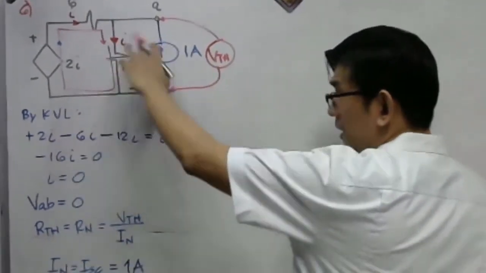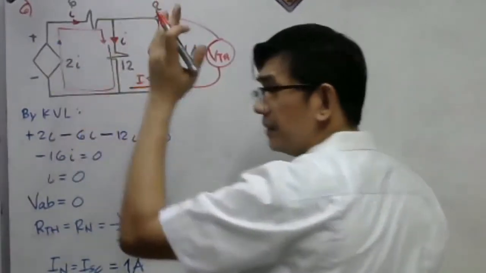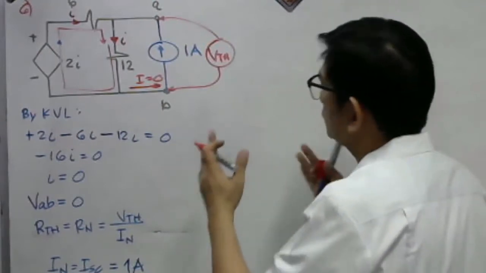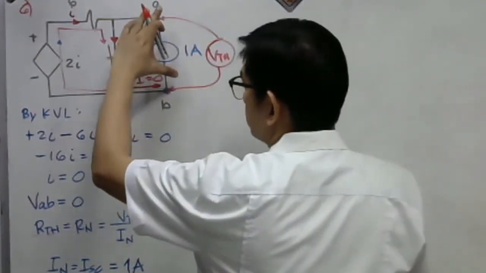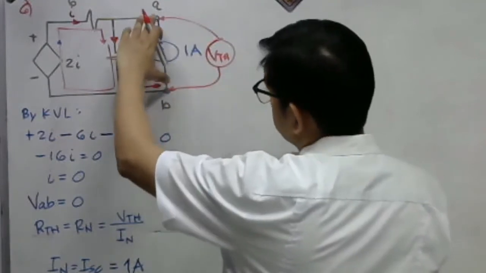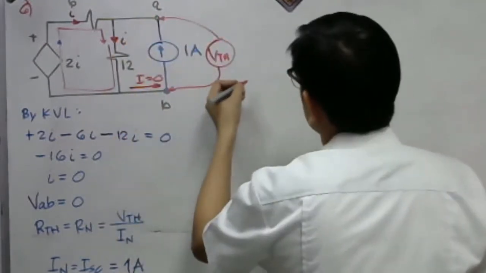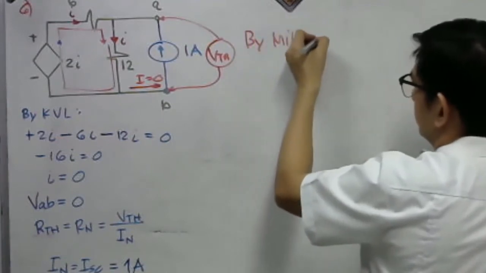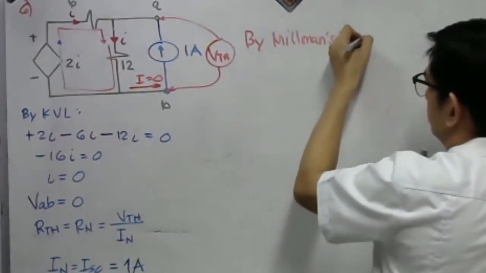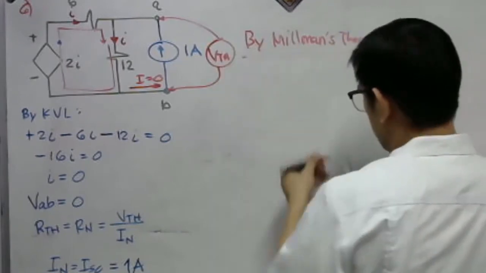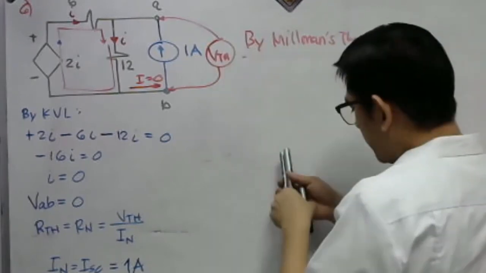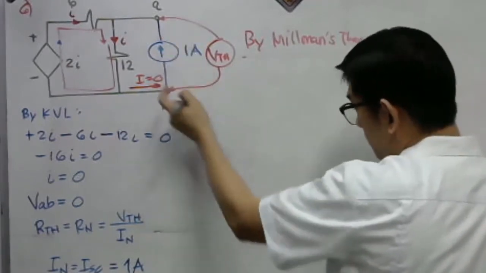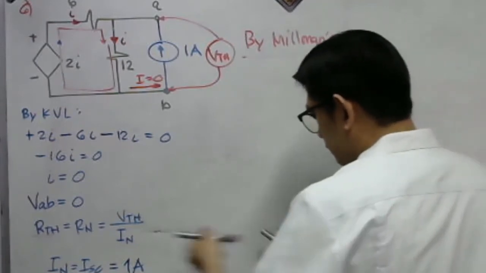If we are to take a look at this circuit, I will not make use of the nodal method here. I will make use of Millman's theorem. Okay, take a look here. So we have our VTH here. Actually, that is also the voltage at AB. Our VTH